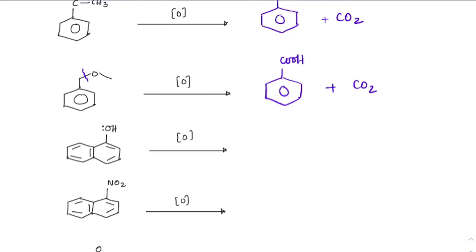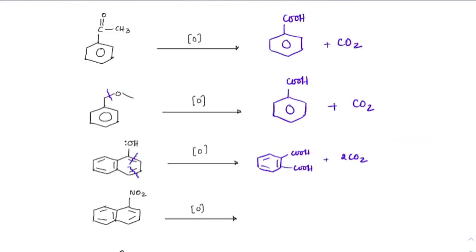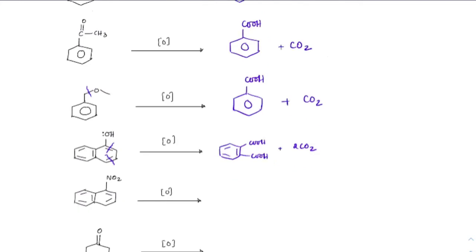So if you see, this is more electron rich. On this electron rich side, bond breaking will take place. So here, how the bond breaking will take place here as well as this. So we will get COOH, COOH, and that is forming oxalic acid, which will further oxidize to form carbon dioxide. Make a note, this is important.